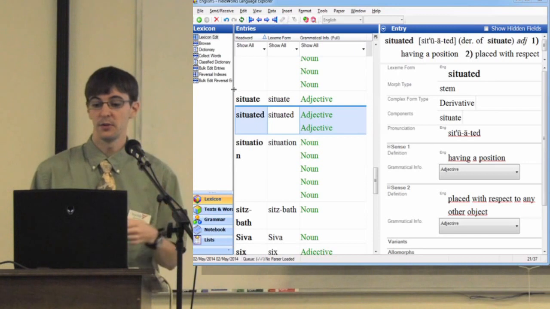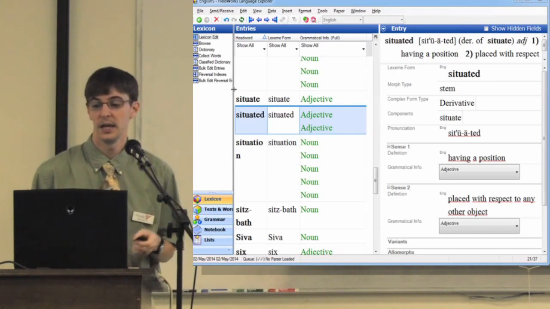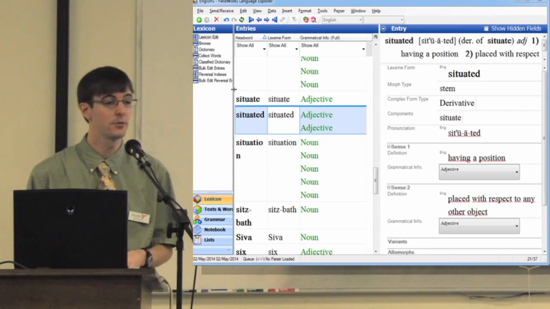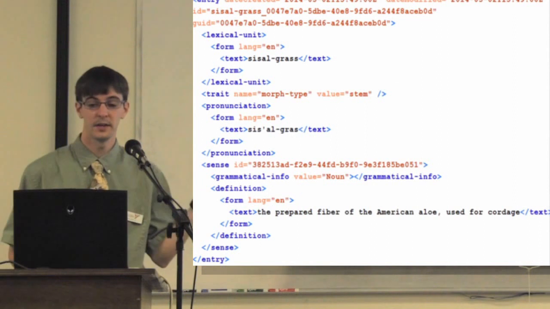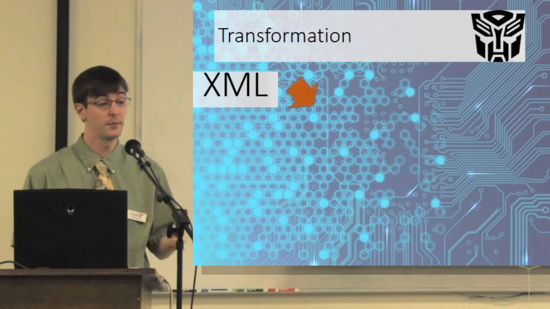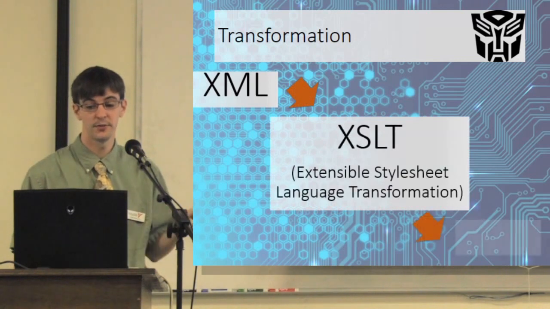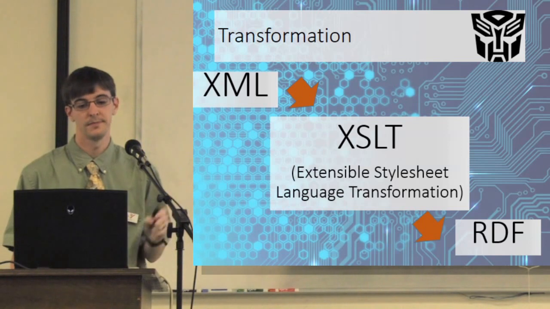Okay. So I took a Flex database in my project, and I exported the parts that were important to me as LIFT XML. I took that LIFT XML, and this is where I spent most of my time on the project, tweaking the transformations to pull out the important structure. I converted it to RDF.